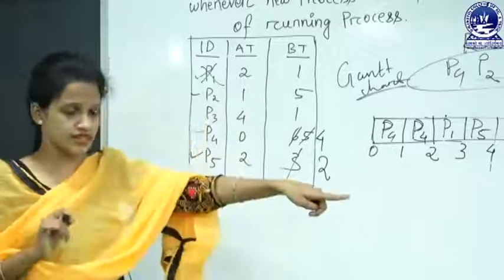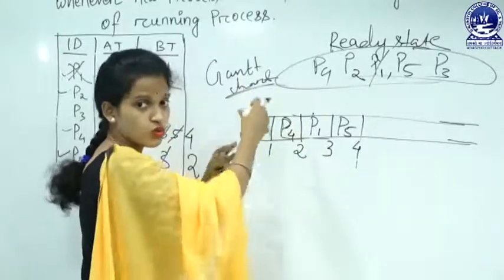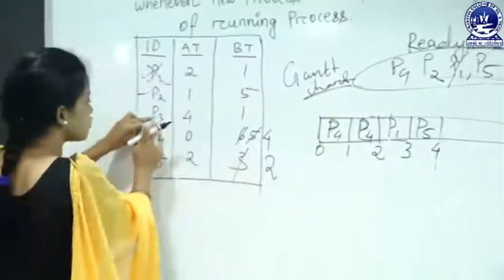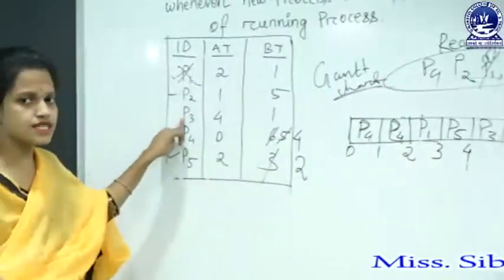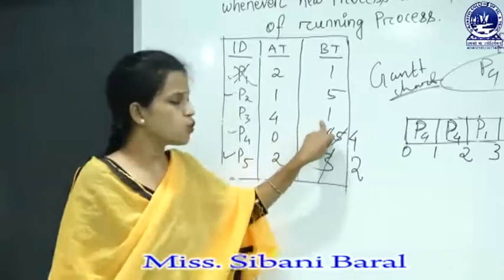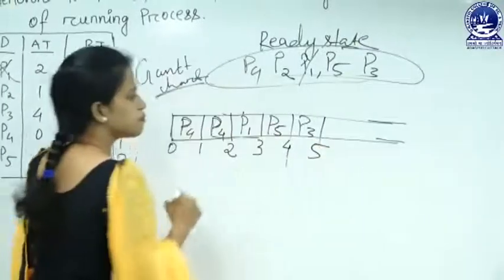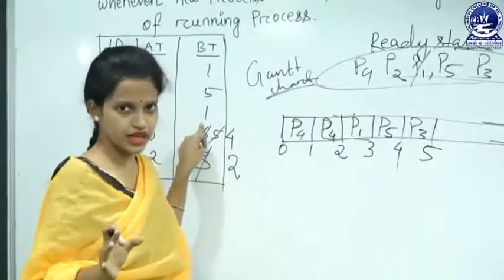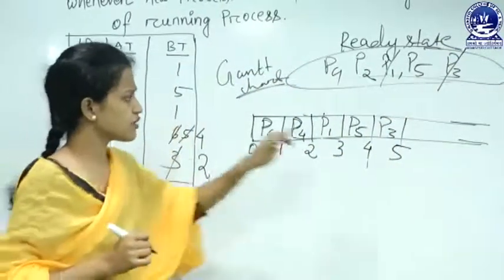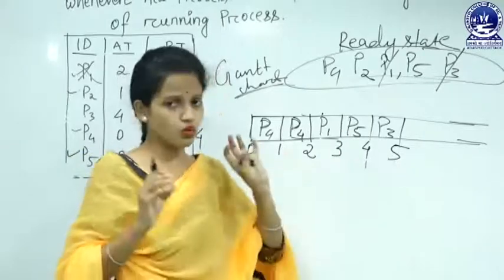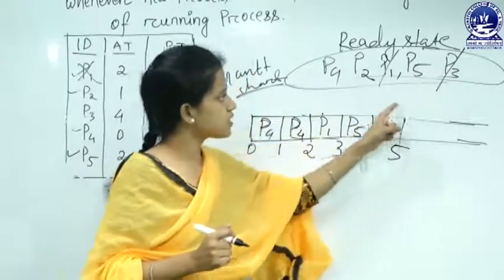So we have to allocate the CPU and make the currently running process wait in the ready state. We have to allocate what? P3. So P3 completes its execution in 1 millisecond. P3 has been terminated. So at 5 milliseconds, we have reached a point where all the processes are within the ready state.